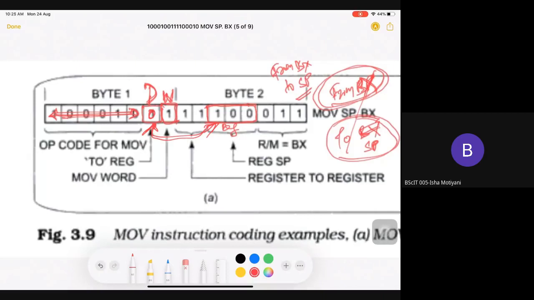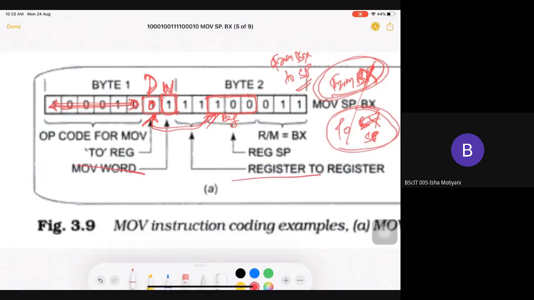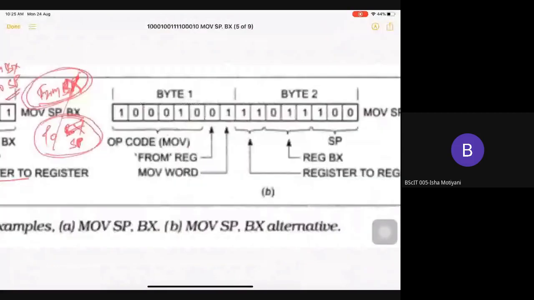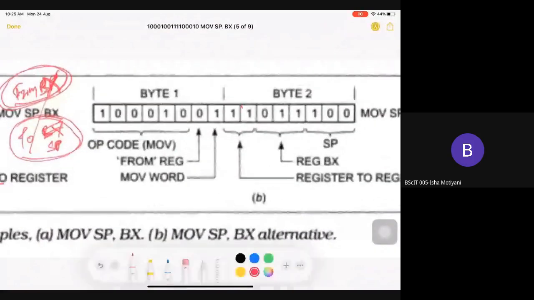The same example is given here also. Here the code that you are seeing is of BX, and that's why here my D bit is 0. Get it? The same instruction can have two different binary codes as output.